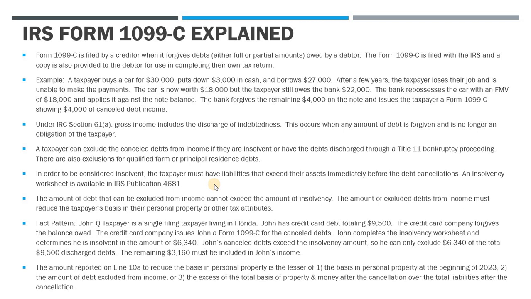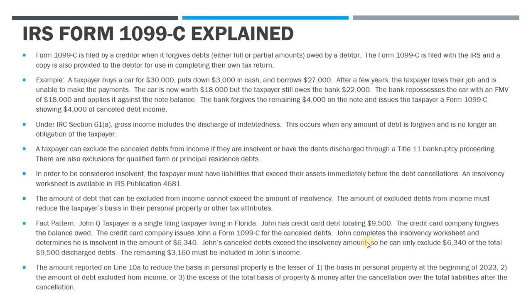And so that's the example that we're going to have here. So let's look at our example. John taxpayer is a single filing taxpayer in Florida, and he has credit card debt of $9,500. Now, the credit card company forgives the balance owed. So the credit card company issues him a 1099-C, and John goes ahead and completes the insolvency worksheet and determines